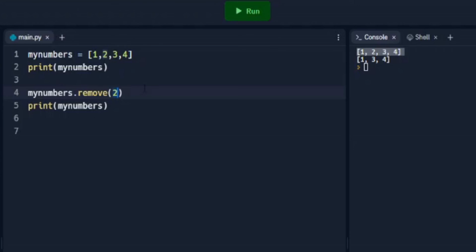So if we come up here and say remove 4 and run that again,